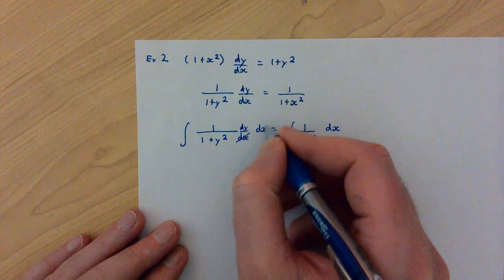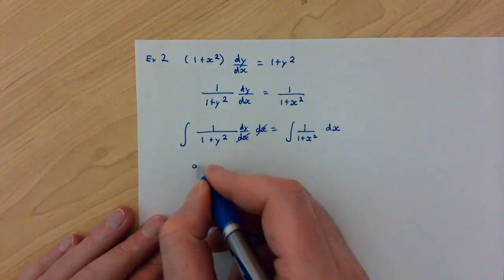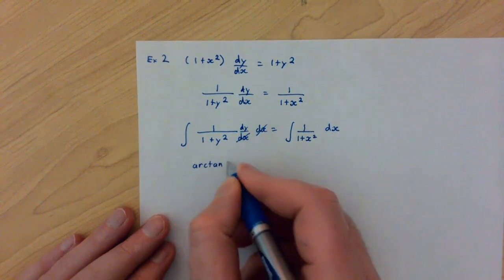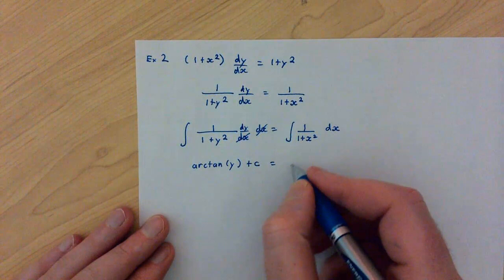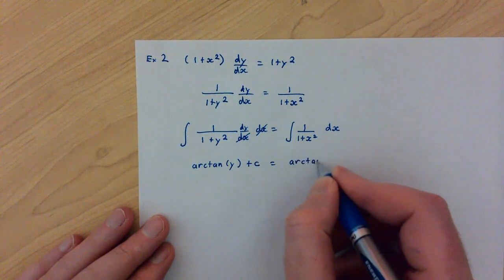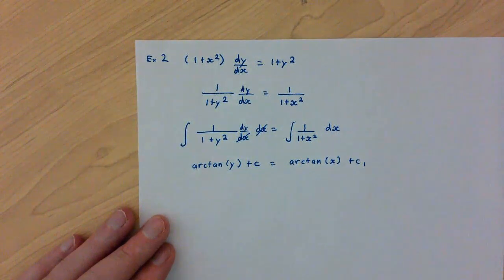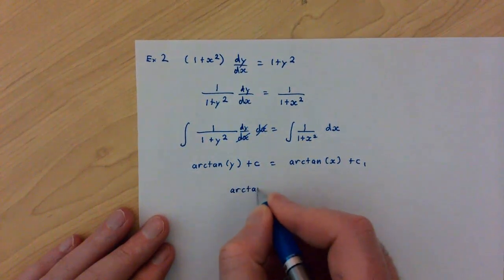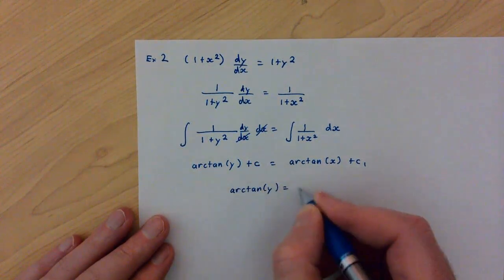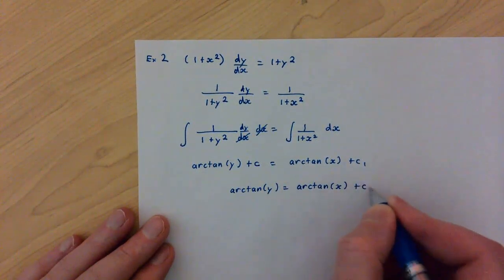Now the dx is cancelled, so I'm integrating 1 on 1 plus y squared with respect to y, and that's arctan of y plus c, and this is arctan of x plus c1. Okay, so I can move the c's onto one side, so I'll get arctan y is equal to arctan x plus c2,